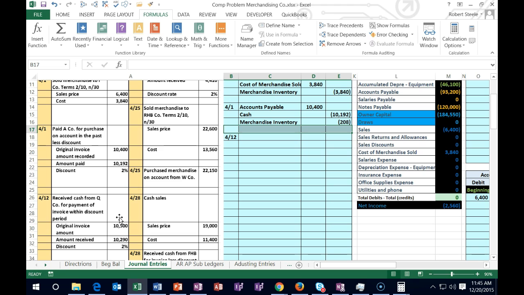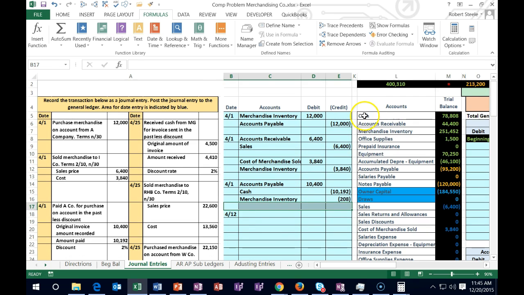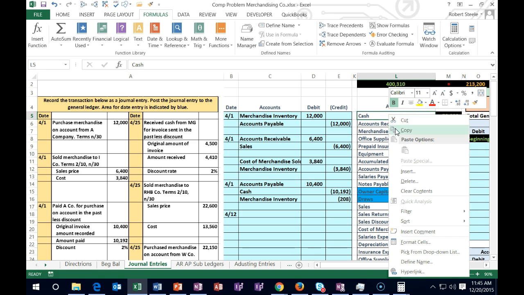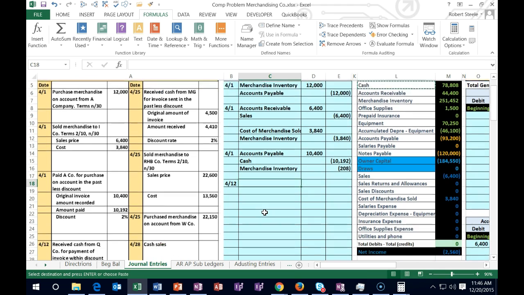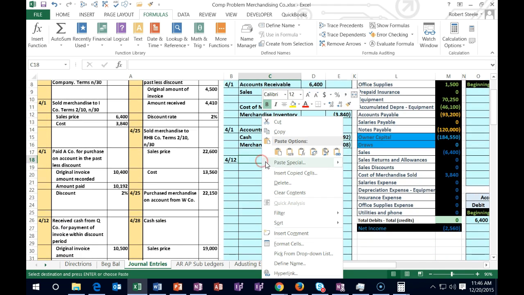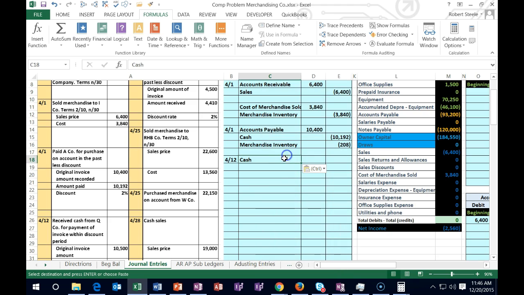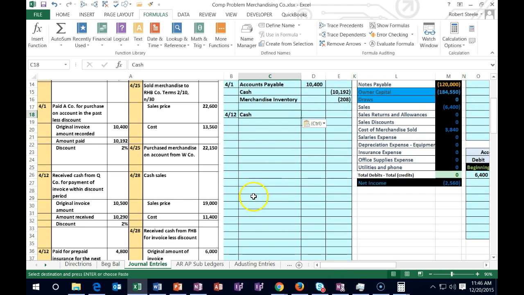Now this time we are receiving the payment. So is cash affected? Yeah, we see cash up here. But this time we got paid, so it's going to go up. So cash is going up, cash has a debit balance, we're going to make it go up by doing the same thing to it, which in this case would be a debit. So I'm going to copy that, put that on the top because debits traditionally go on top, right click and paste it 1, 2, 3. The question is what amount? Again, this problem gave us the amount. It says we're going to get paid 10